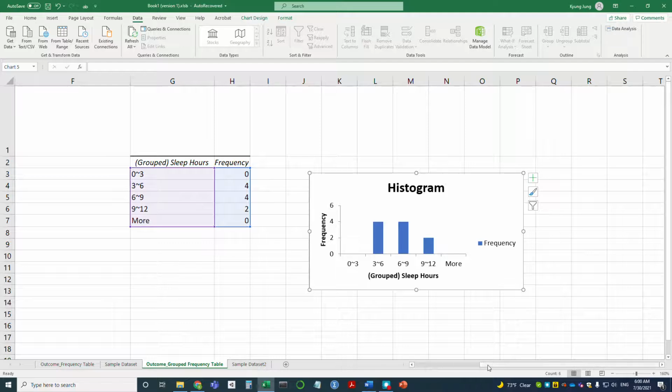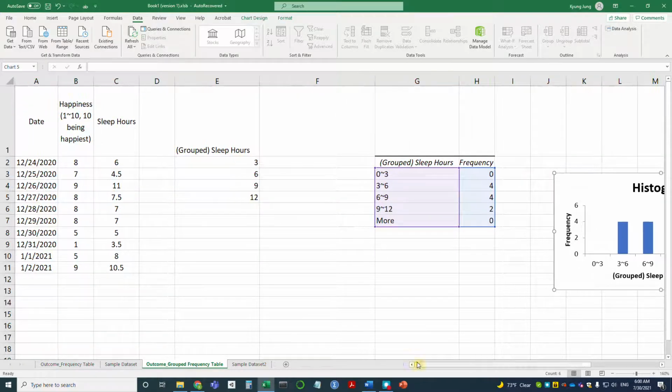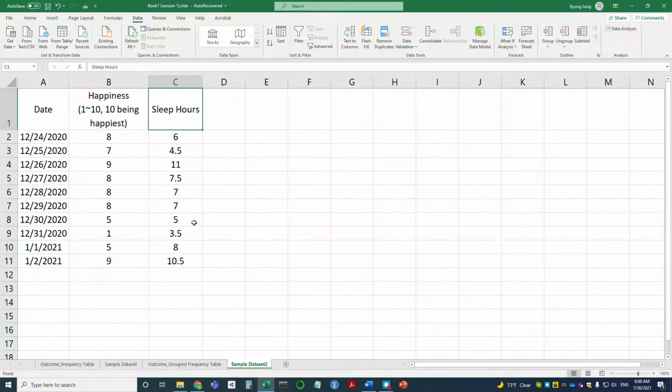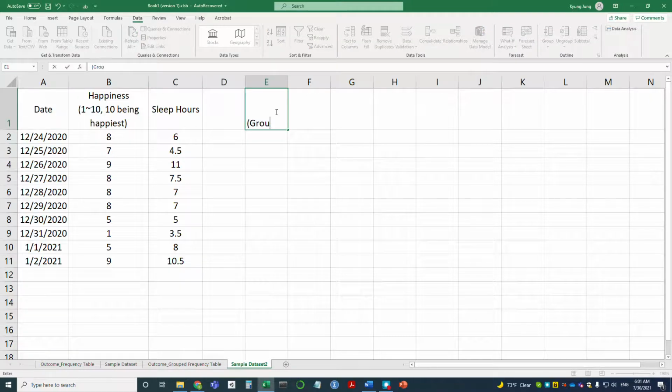I made this grouped frequency table based on this sample data set, and let me show you how to create the same grouped frequency table using the same data. I'm going to use the sleep hours data in this little data set. We first need to create the groups of scores that Excel will need to count. So I'm going to create a column,